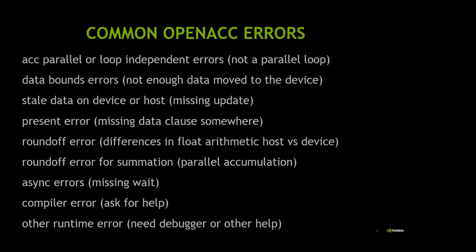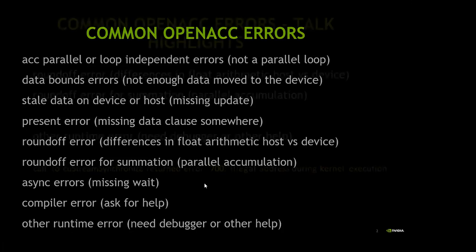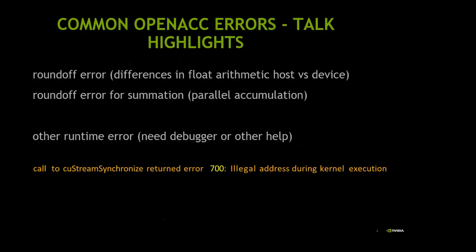And the second type of error, these are the runtime errors. We will see a little bit further how to handle that. So here I will speak mainly about the numerical differences and